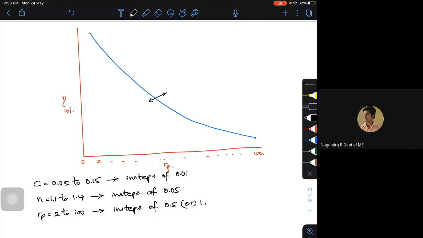Sir, if I increase the value of n from 1 to 1.1 to 1.4, it is becoming flatter. If I increase the pressure ratio, for a given pressure ratio, n equal to 1.2 is flatter compared to n equal to 1.1. Such type of comments is what I'm expecting from you. Will you be able to do this exercise? Do this simple exercise, look into it, and come back to me with the answer.